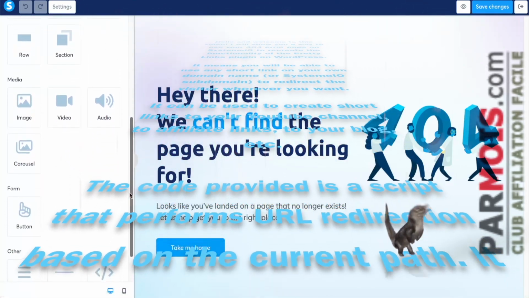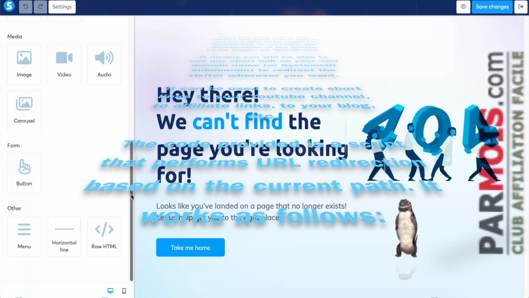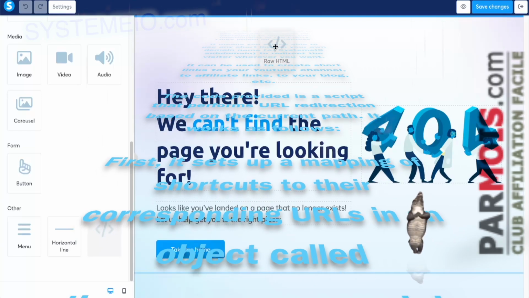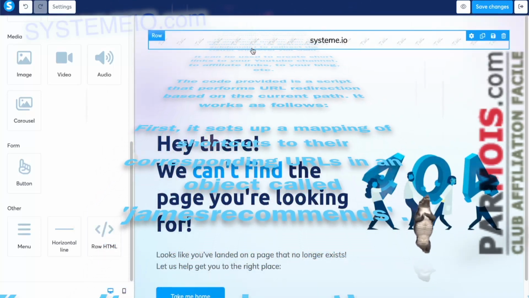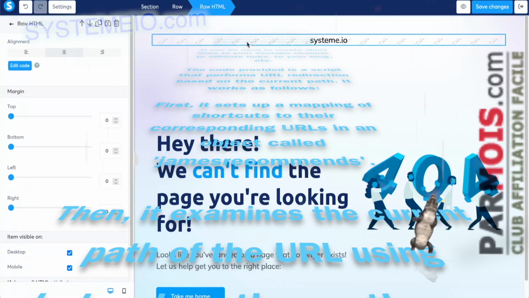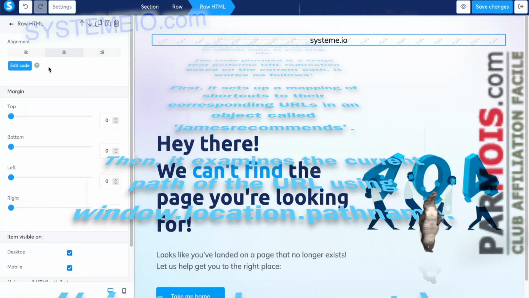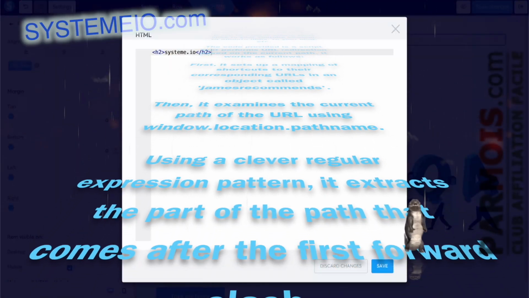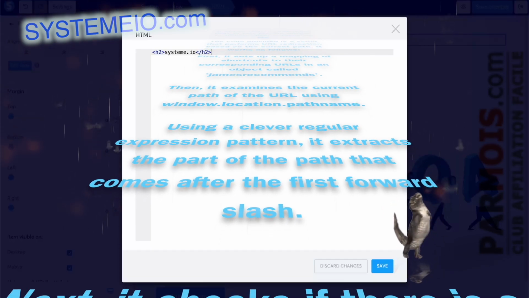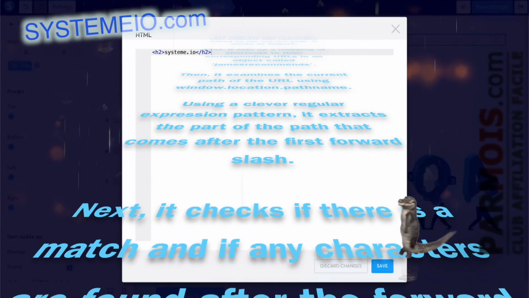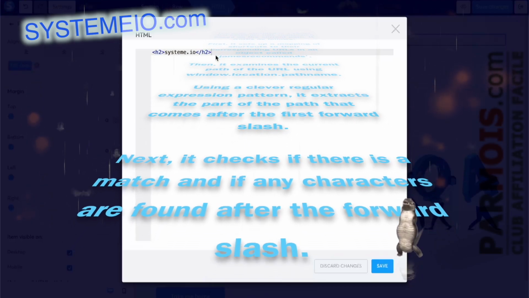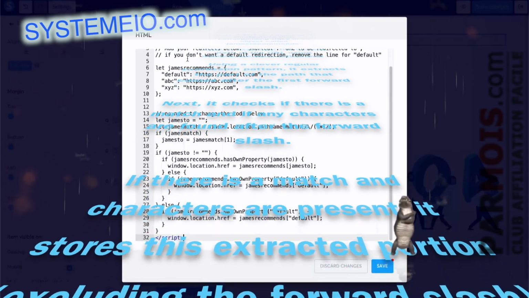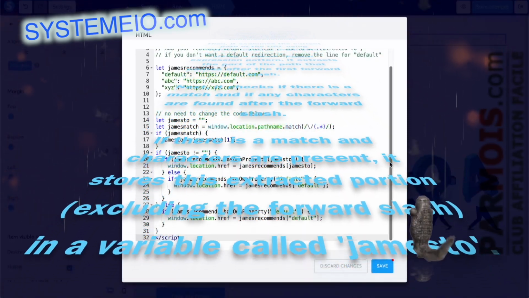The code provided is a script that performs URL redirection based on the current path. It works as follows. First, it sets up a mapping of shortcuts to their corresponding URLs in an object called jamesrecommends. Then it examines the current path of the URL using window.location.pathname. Using a clever regular expression pattern, it extracts the part of the path that comes after the first /. Next, it checks if there is a match and if any characters are found after the /. If there is a match and characters are present, it stores this extracted portion, excluding the /, in a variable